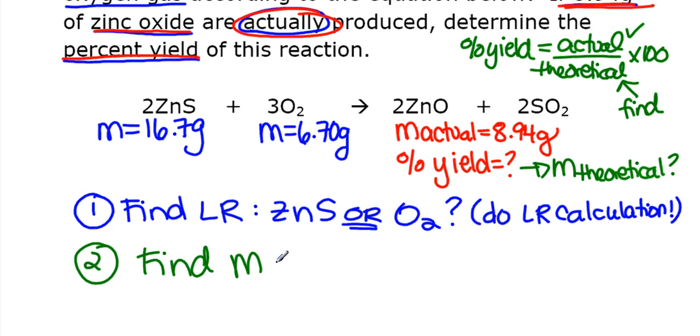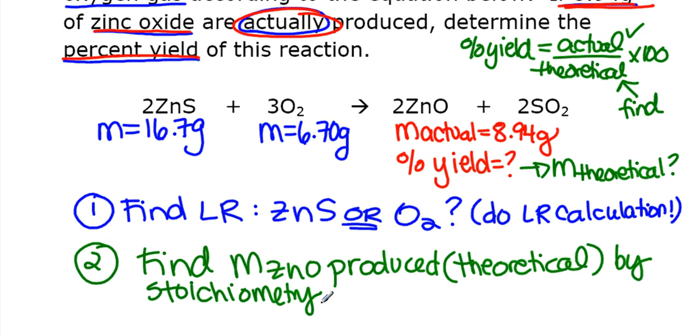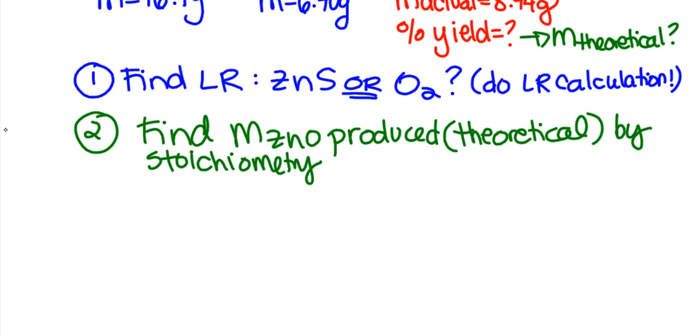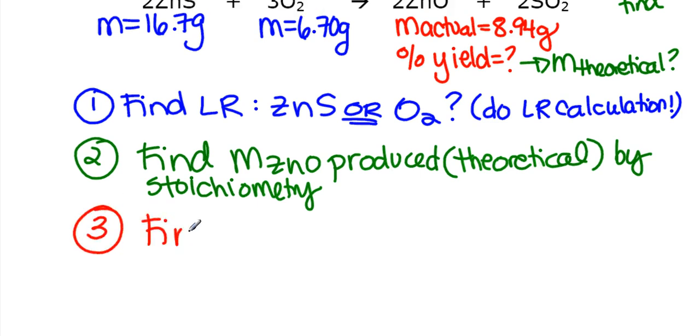So, step 2 here, we're going to find the mass of zinc oxide produced. And this is our theoretical yield. And this is going to be using stoichiometry. So step 2 is like the same steps that we just did previously. Once we know the limiting reactant, we've got it in moles, we can find the moles of our zinc oxide and then find the mass of our zinc oxide. Then the very, very last step here, once you've got both,